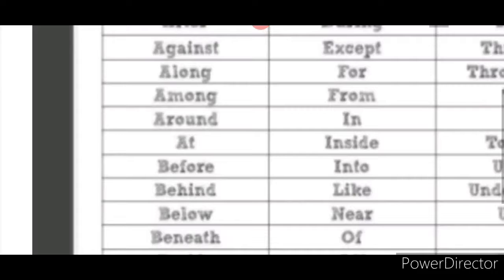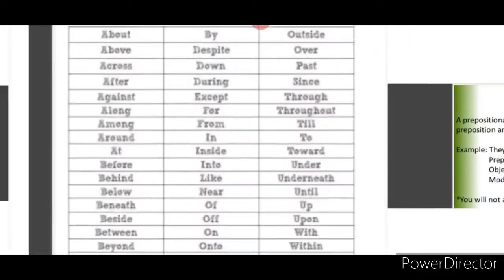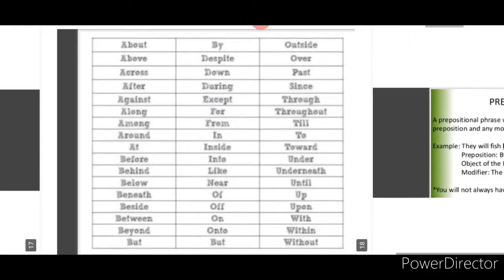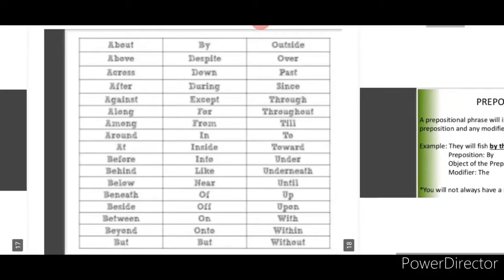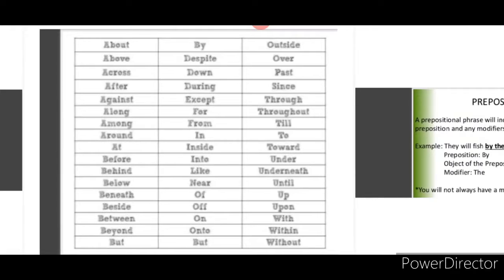So now let us discuss the preposition phrases. Before we see what a preposition phrase is, children, you all know what a preposition is. Tell me what a preposition is. We all have learnt in the first lesson what a preposition is. A preposition is a word that shows a relationship of a noun or pronoun, or connects a noun or pronoun. That is what a preposition is.